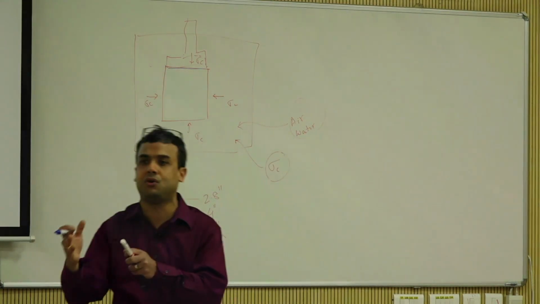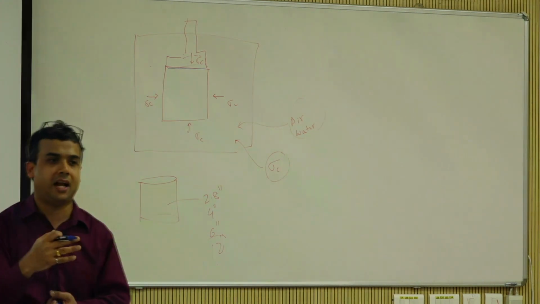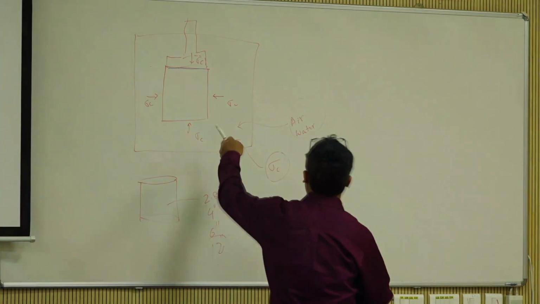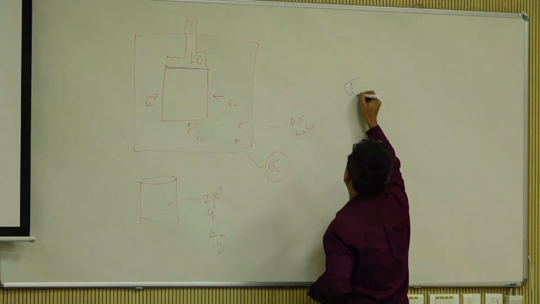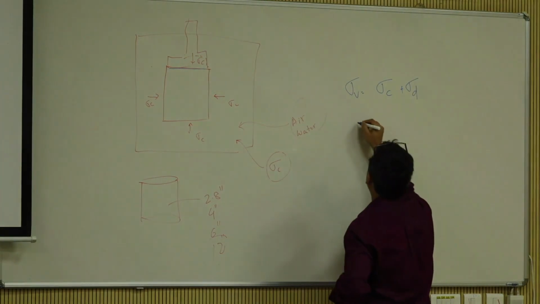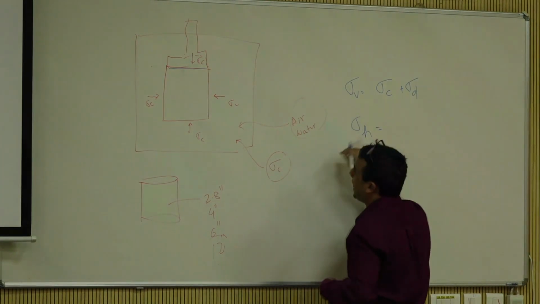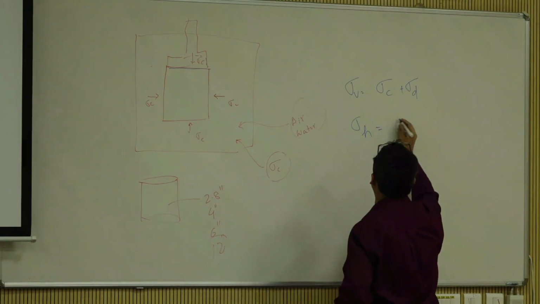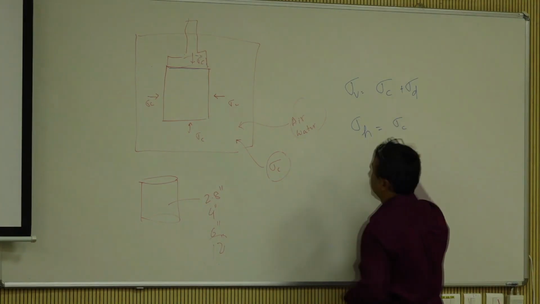When the truck goes, when a train goes, when an aircraft goes, that's where the load is, right? So basically in the vertical direction, sigma v, you call it sigma c plus sigma d, and sigma h. There is a reason I write it as h. You'll realize when we go into resilient modulus in the next couple of days, it stays as sigma c,